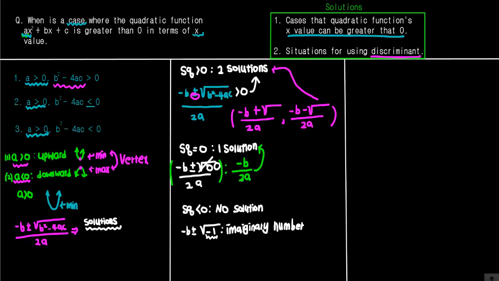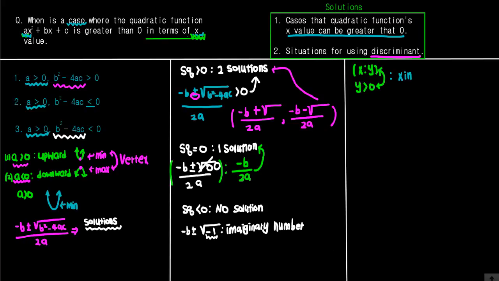So we can apply our three situations to this question since we saw b squared minus 4ac. B squared minus 4ac is what is located inside the square root. And in terms of x value, which means we know the function is a relation between x and y value, the y value should always be greater than 0 according to our function property. Which means, according to our function, there can be no